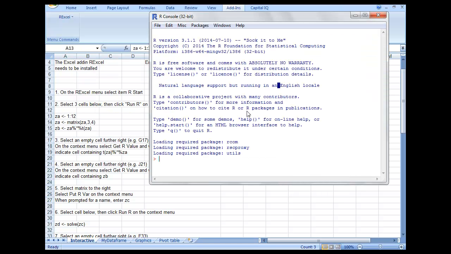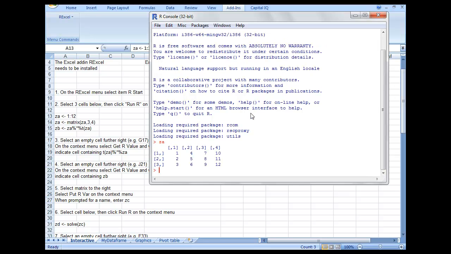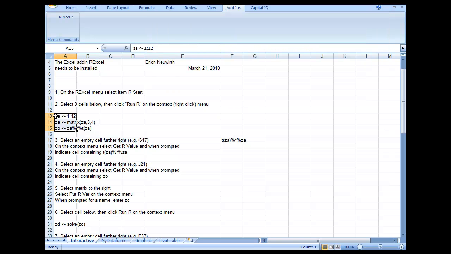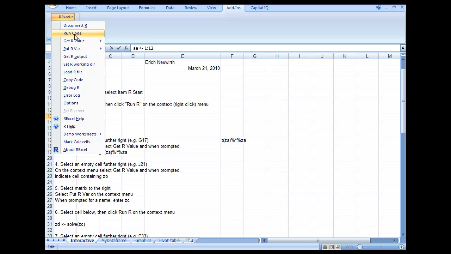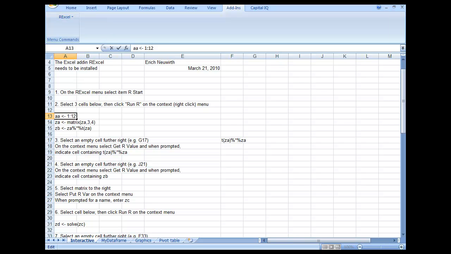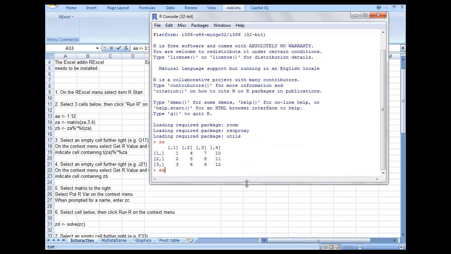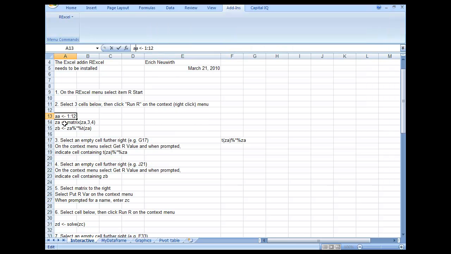So let me check this. So ZA, so ZA has gone there. Let me change this to just test. So this is like ZAA, and let me run this code and let me go there and see if A is there. So A is not there, probably this does not run.